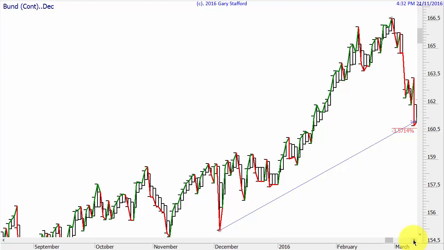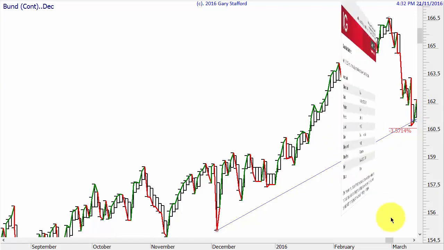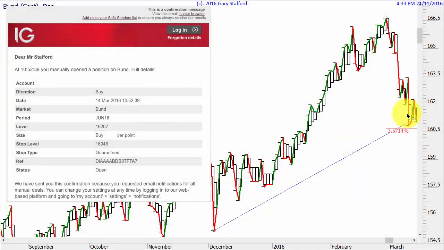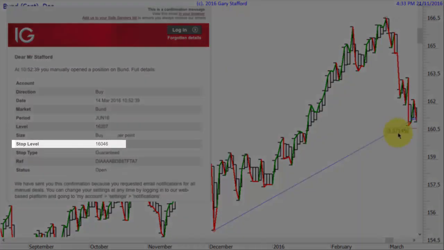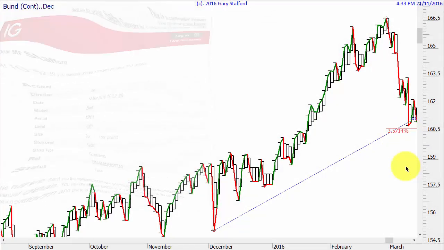If it would have gone and broken the bottom of the inside day, then I wouldn't have been interested and that would have been the end of the signal. But if it was to break the high of the day, then it broke out and we've got a good reason to make the trade, then I would be considering doing it, and that's what actually happened. I actually got into the market when the market crossed this high here, and sod's law, the next day the market came shooting down, but I placed my stop loss just below this percentage. It was roughly about there, but I'll put the contract notes on in the video.